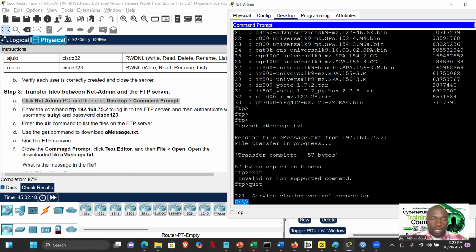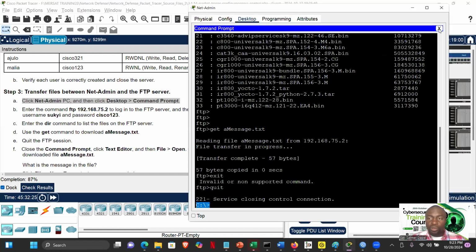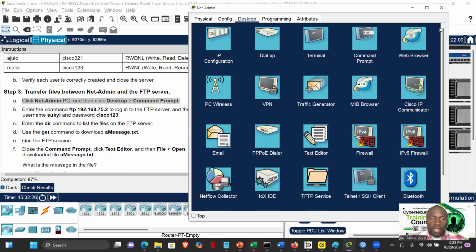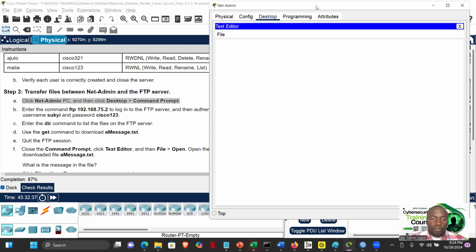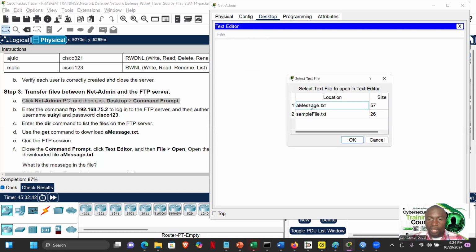It says close the command prompt, click text editor, and then open file, and open the downloaded file. Okay. So I'm going to close this. And then it says we should go to text editor. Where is our text editor? Look at it here. You see? Click text editor. And then it says open file, and then we should open the downloaded file. Open. So we see the file that we downloaded,